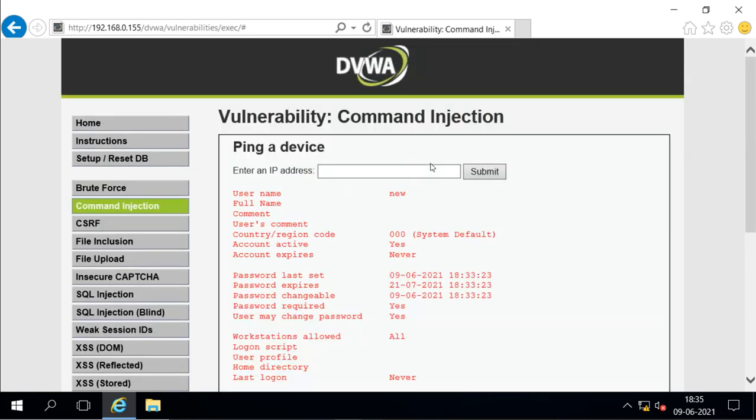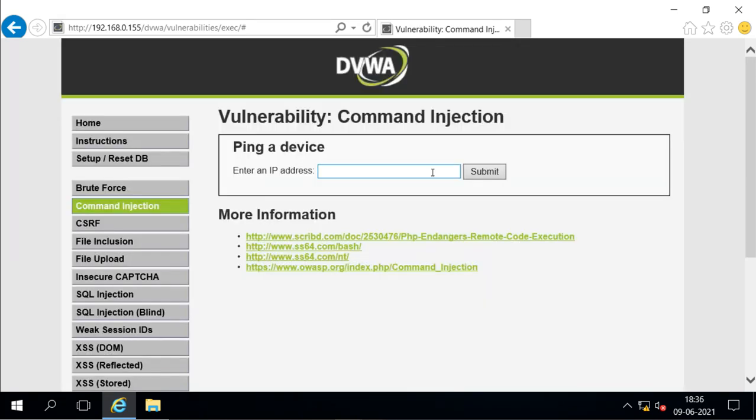It is not added because I made a mistake. Net localgroup administrators, username and add. And now I will check net user new.